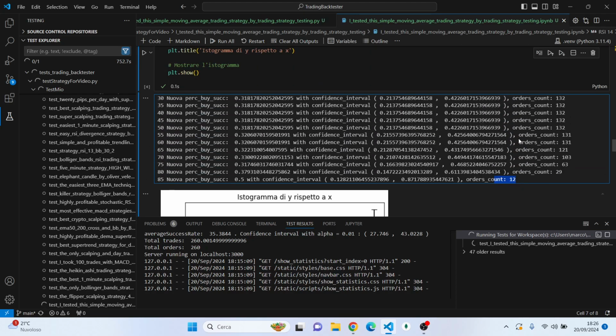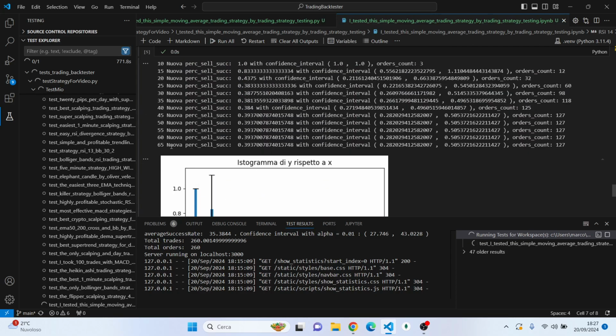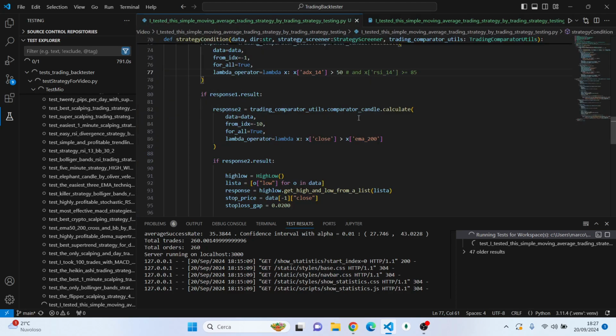So if you check for a long position that had RSI 14 above the value 85, as you can see, the new average success rate would have been almost 50. For a 1.5 risk to reward ratio, that's pretty good. And for short positions, we check that RSI is below 15 and the new average success rate is 80%. But again, 12 trades. That's not good. But for today's video, I will do it in order to show you why you have to pay attention